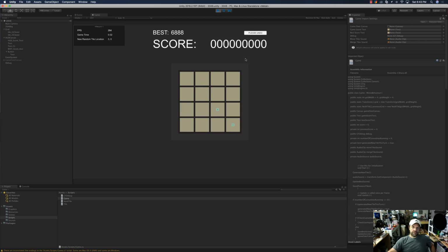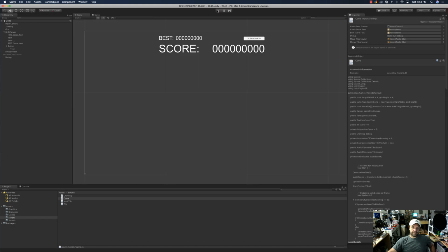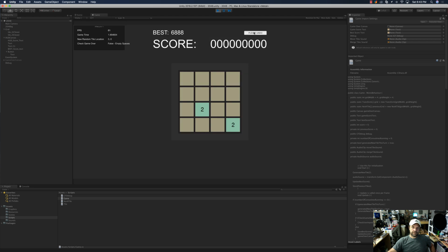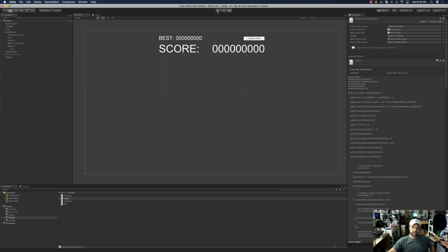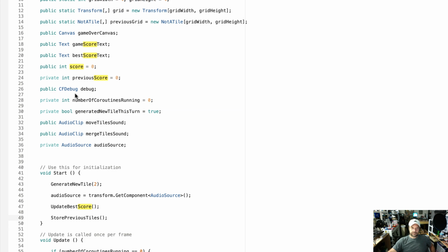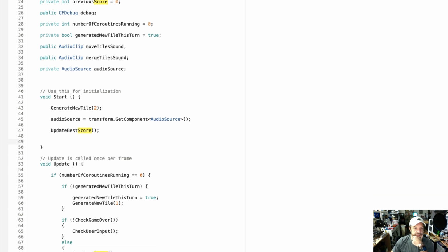So now if we undo, it should literally just leave the tiles here. What? That's because generate new tile